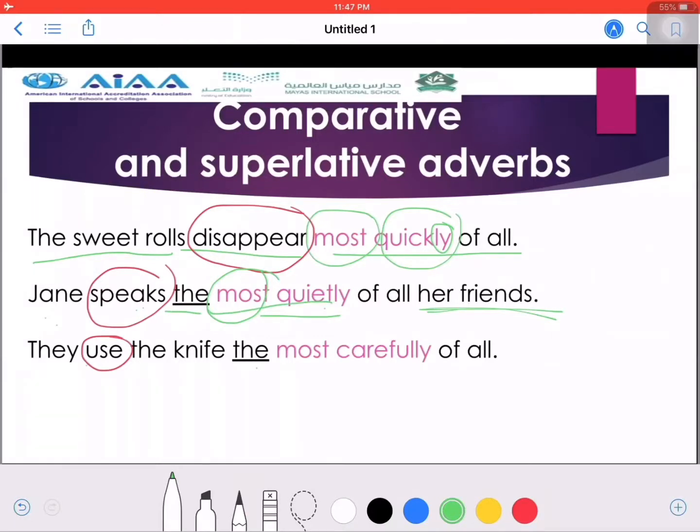They use the knife the most carefully. How do you use the knife? Carefully, right? So compare it with, for example, your using of the spoon, of the fork. Which one do you use carefully or more carefully? Or the most carefully? Yes, we use the knife the most